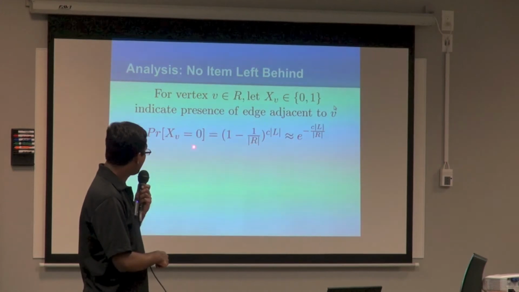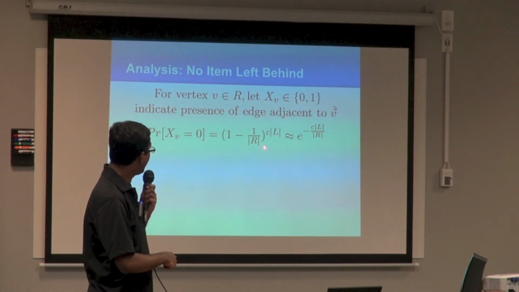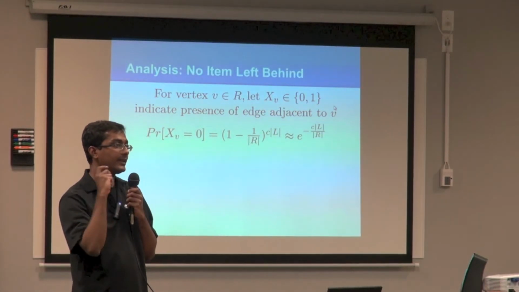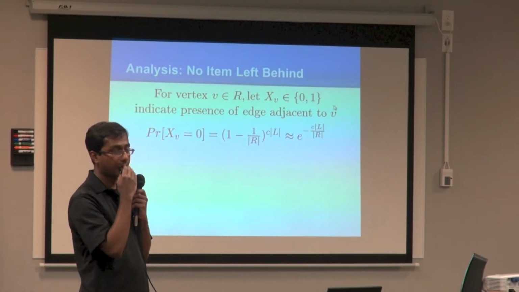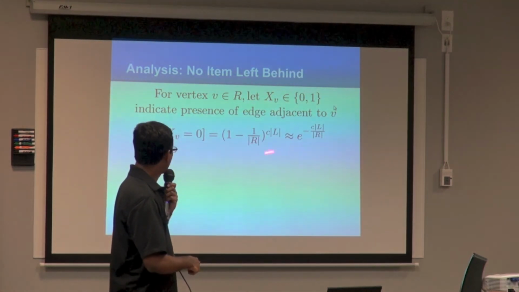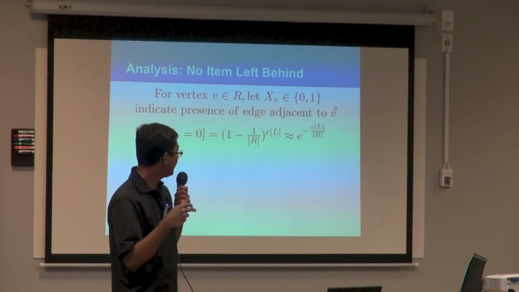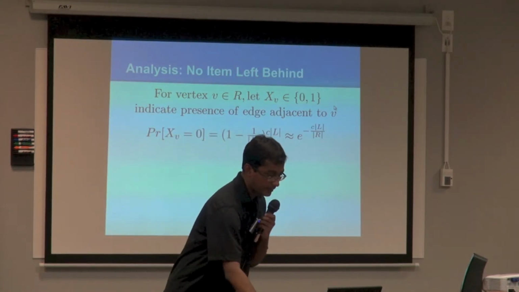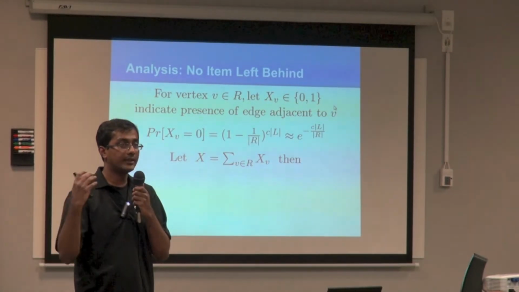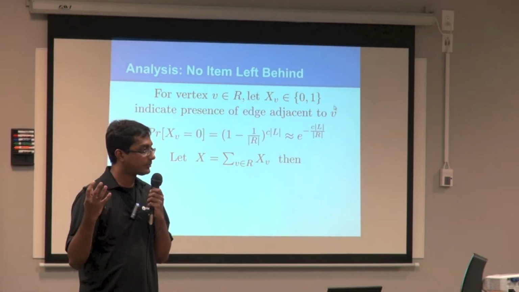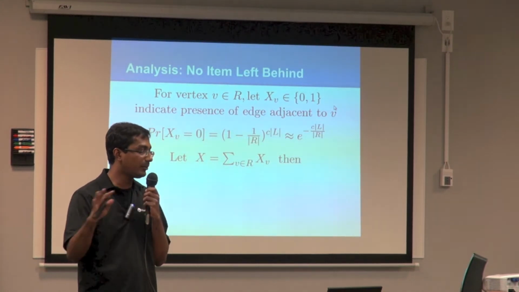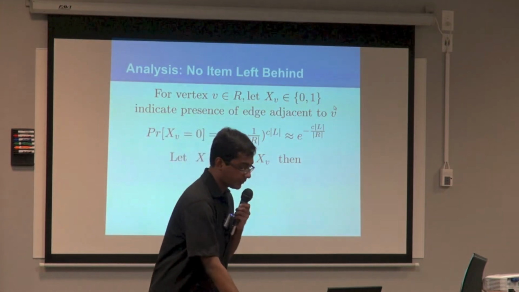What's the probability none of the edges fall on me? It's 1 minus 1 over r raised to the number of edges, which is CL. Right, that's the probability that every single edge misses me. It's (1 minus 1 over r) raised to CL. This doesn't matter really, but that turns out to be almost the same: (1 minus 1 over r) to the CL is about e to the negative CL over r. Okay. Now let's keep that aside. Now we're going to have a variable x to count the number of videos that got recommended by at least one person. So x is the summation of xv. It just counts the number of videos recommended.